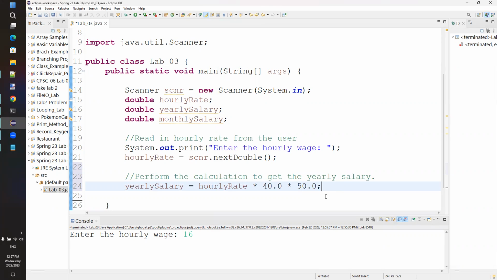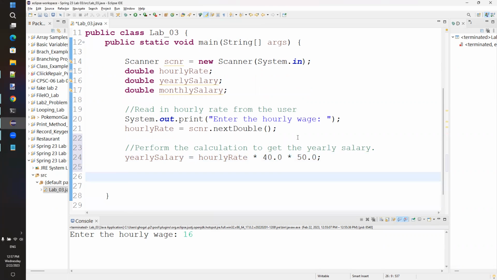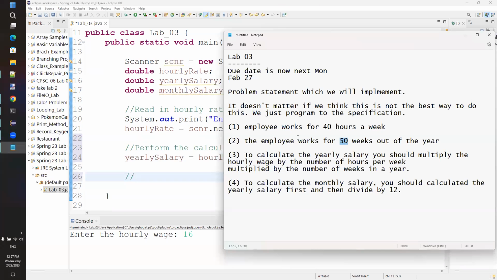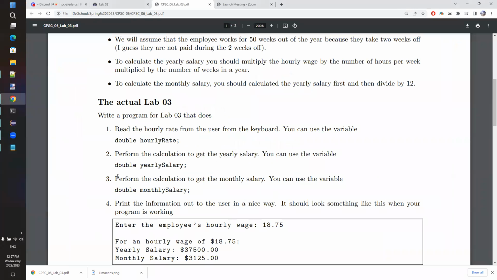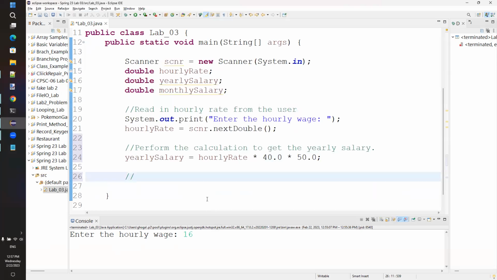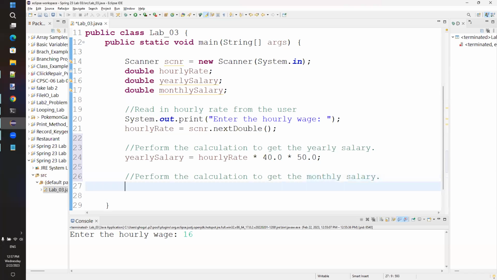So that should be the correct yearly salary. Then we need to do, I think, the same thing, because we're going to perform the calculation to get the monthly salary. So monthly salary is monthly salary,